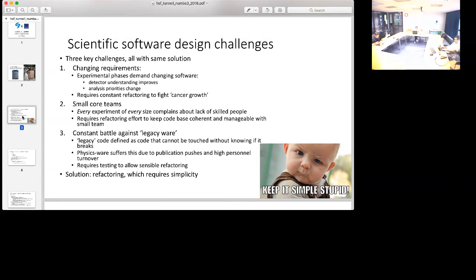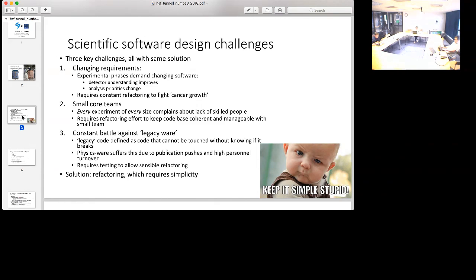Through different experimental phases, you have different requirements in the software, which means you always have to be adapting, and if you don't do this well, you create a mess. This happens as you understand your detector better over the years, or as the physics priorities of the experiment change. This requires essentially constant refactoring.